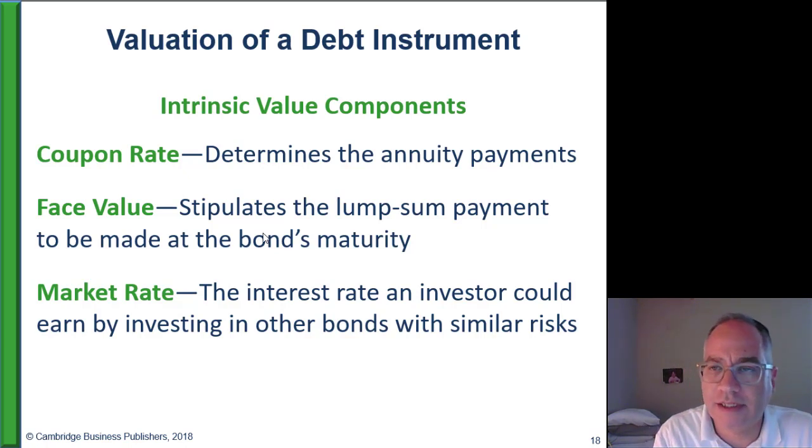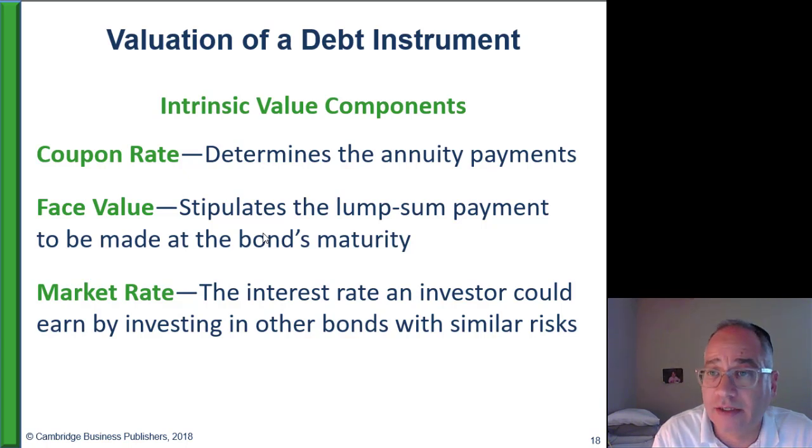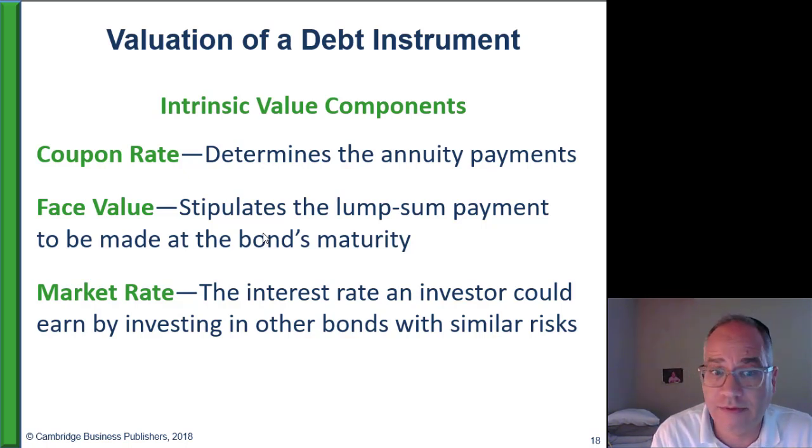The face value is the actual amount of money that was borrowed. This would be the principal value, the amount of money that the debtor is required to pay when the debt matures. And the market rate is the rate the investors expect the debt to return. So the market rate is not necessarily the same as the coupon rate. If the coupon rate is a little low, investors are going to have a higher market rate, and therefore the present value of this investment is going to be low, well below the face value,